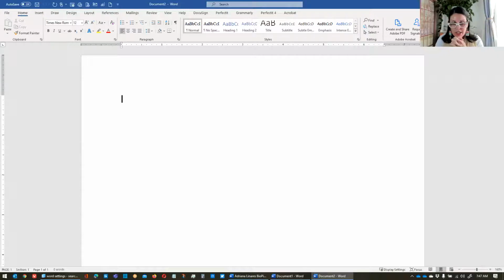Let me explain this. You can't go back and change existing documents because, I mean, you can, sorry, let me make this clear. You can go back and change those documents, but what I'm showing you here is on a go forward basis, changing your default font and spacing for future documents. I can't go back and just sweepingly change all my past documents because those are still embedded, encoded with whatever font and font size they were born with. You can manually change those. And you would do it in the same way that I'm about to show you here.